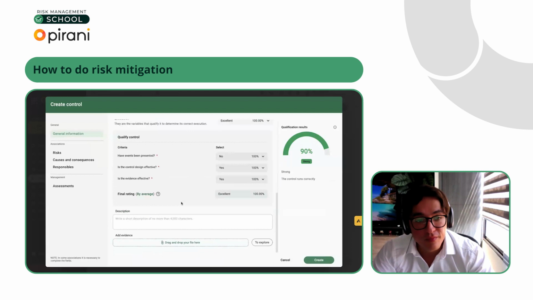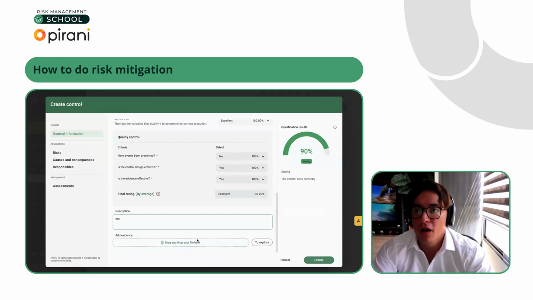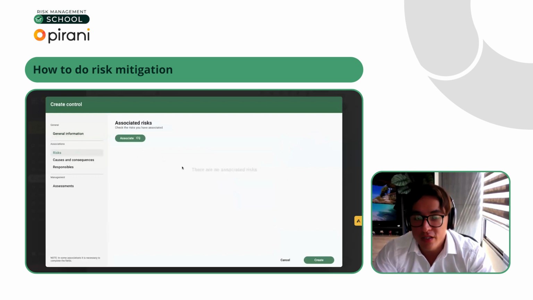So in this specific rating, based on the questions that I answered, it gives me a strong control. And I can also put a description. Maybe I want to add evidence, maybe the contract, or the link of the alarm before storm. Then I can associate or link this specific control that I know is strong with a specific risk.